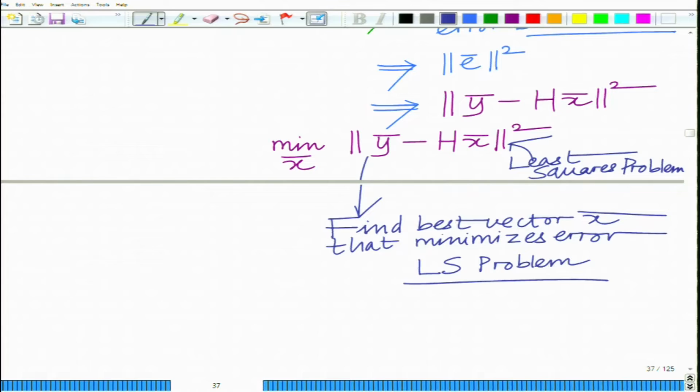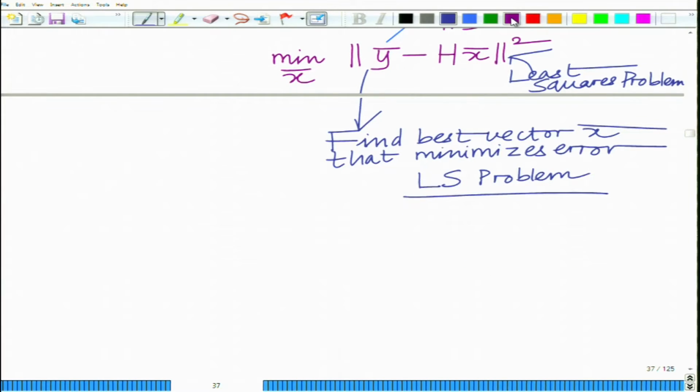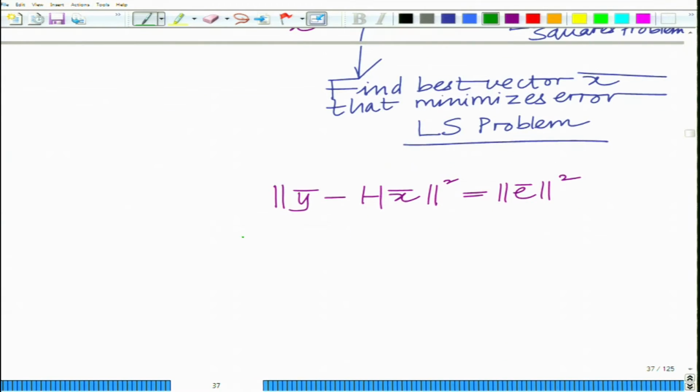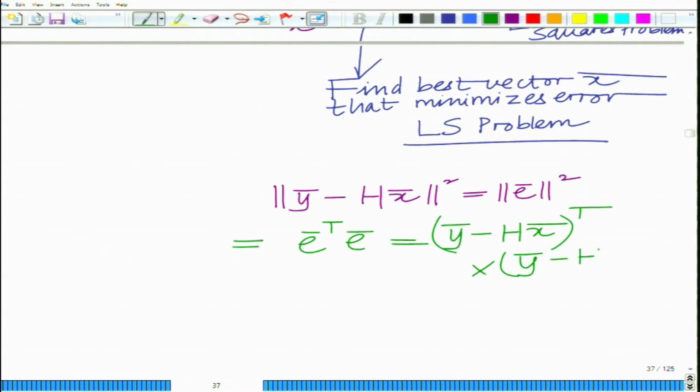Okay. Now, we want to simplify this. Let us start by simplifying this cost function. Norm of y minus h x bar square, remember we said this is norm of error vector square. Norm of error vector square is E bar transpose E bar, vector transpose itself, that is the norm square of the vector, which we can now write as y bar minus h x bar transpose into y bar minus h x bar,